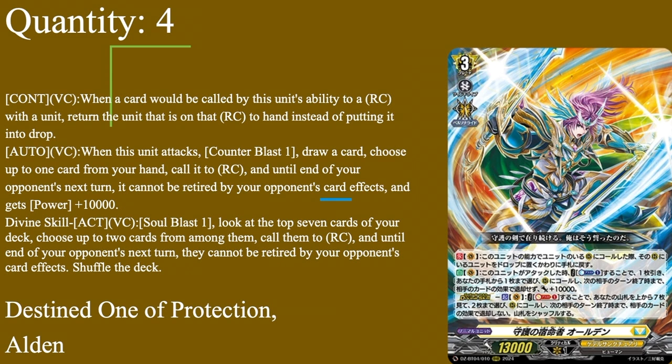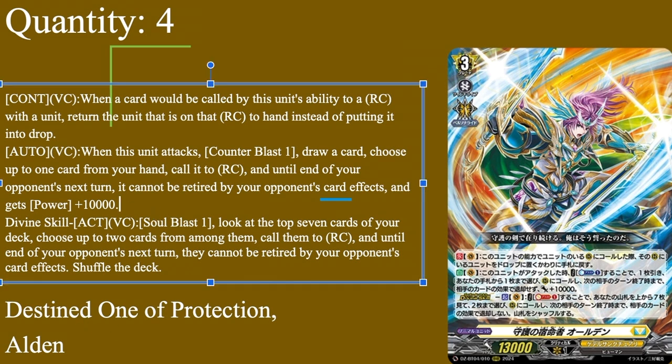Okay, the downside to Alden's protection gimmick is that he only protects specifically against retires. So if they bind, bottom deck, prison, bounce, or whatever, or move to drop zone, like specifically the wording move to drop zone, then they bypass Alden's whole retire protection. But on the bright side, he does get you rear guards out of nowhere, and again, he can keep recycling